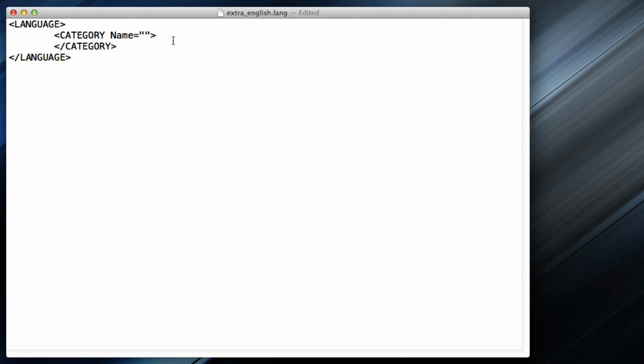And basically it's similar to language, except this time we're not defining the file. Language is only happening once in this file, and category can happen as many times as you want. But inside the quotes, you want to write the name of the category. The name could really be anything, but there are a few categories that need to have a specific name to be able to work, because they're hard-coded into the game, so you can't exactly change them. But if you're making your own categories, you can of course name them whatever you want.